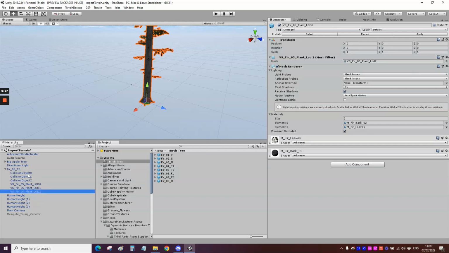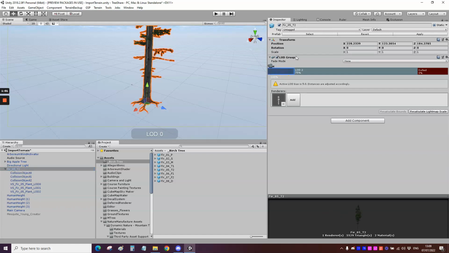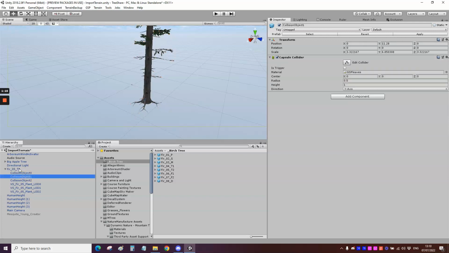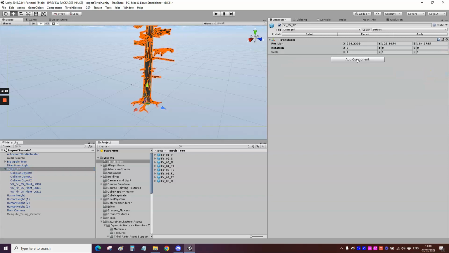So my first port of call normally would be to check the LOD group, and I'd check by clicking on these for the tri count, but I can't actually see it. You see down the bottom here it says the triangles, but I can't even see which LOD it is. I think it's LOD 1. So first things first, I'm going to remove this LOD group component. This is on the parent object. I'm going to remove it and add it back in